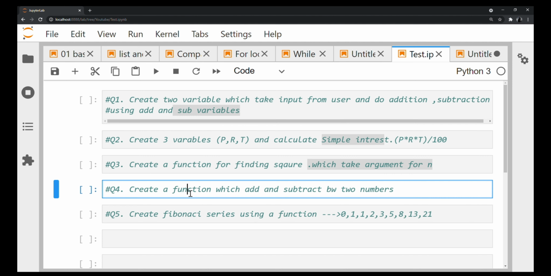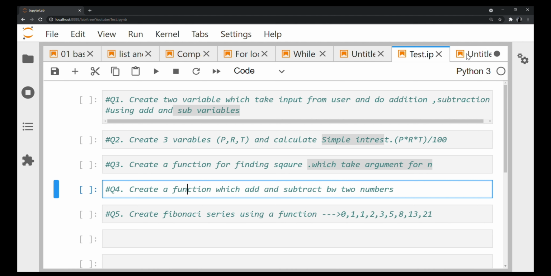Let's create a function which takes these two numbers as arguments and also gives you the addition and subtraction between these two numbers. Okay, so I'll give you a hint. Simply create these two different variables which save this input, and then you print it. It's very easy, guys. There's no requirement of a hint also, it's just given so you get an idea of what you have to do.